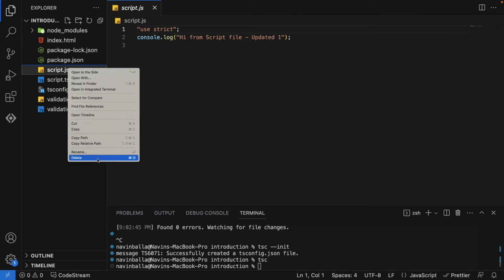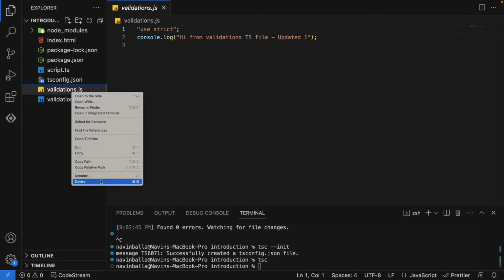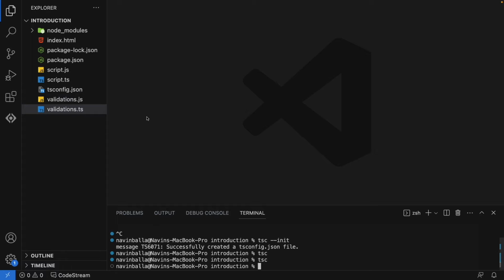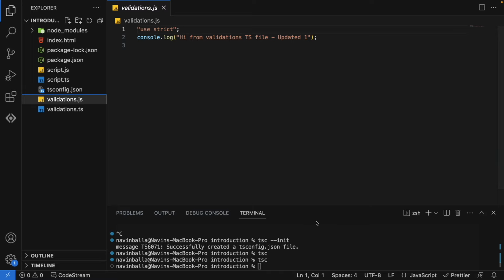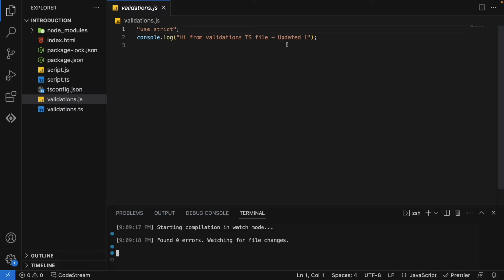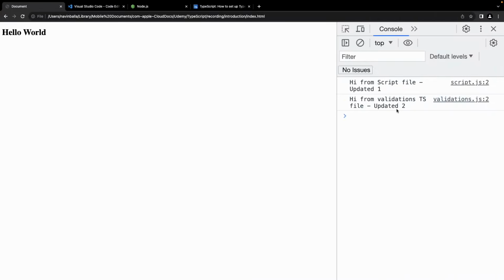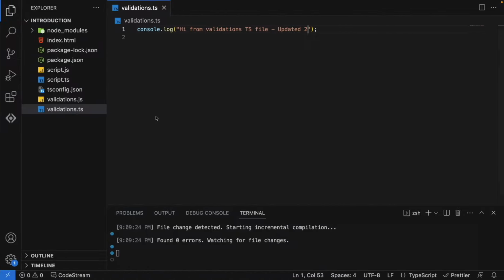Let's see it quickly again. Let me delete the js file, and you can again observe here, I'm just saying tsc. It is generating all the JavaScript files. So here it is solving the problem that we were facing in the previous lecture. Along with this, I can also mention the watch mode. So now what will happen? Previously we were having trouble here. For example, if I'm just mentioning here updated two, save, let me just confirm the validation updated two is coming. Yes, it's coming. And let me just go to the ts file of the script and mention here updated two